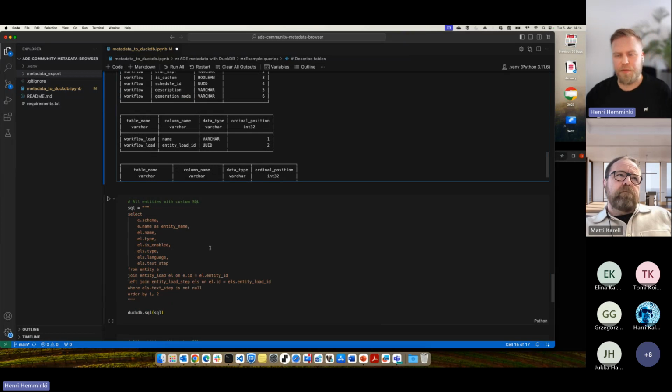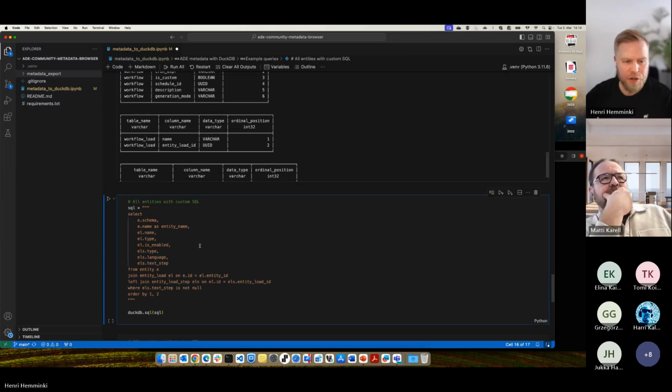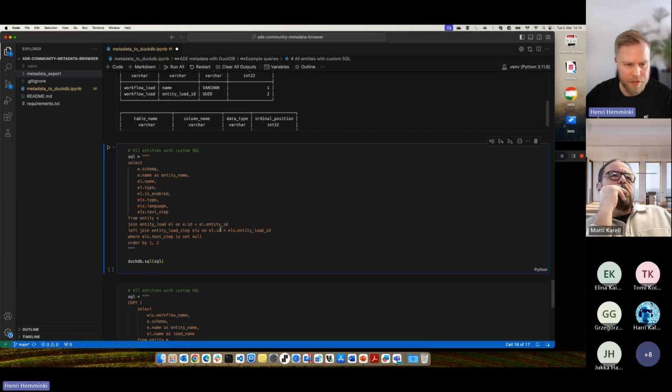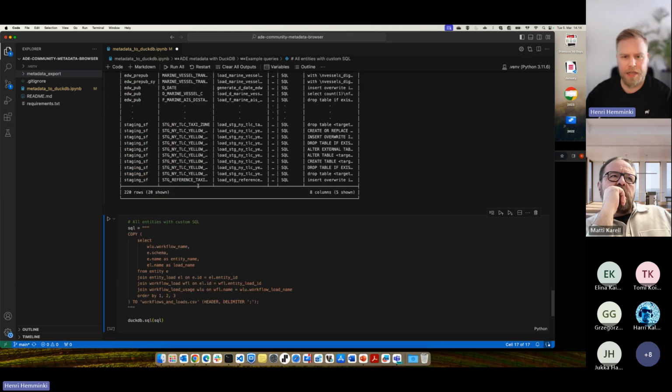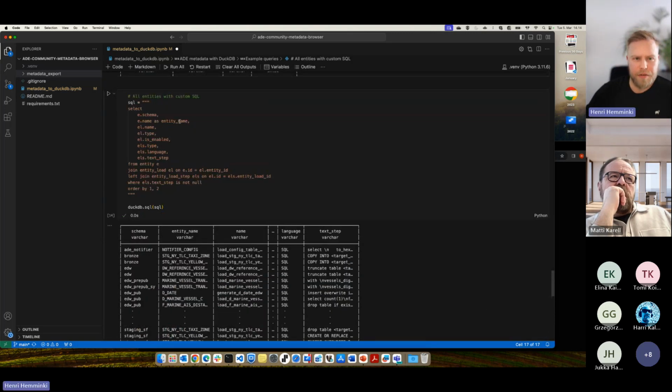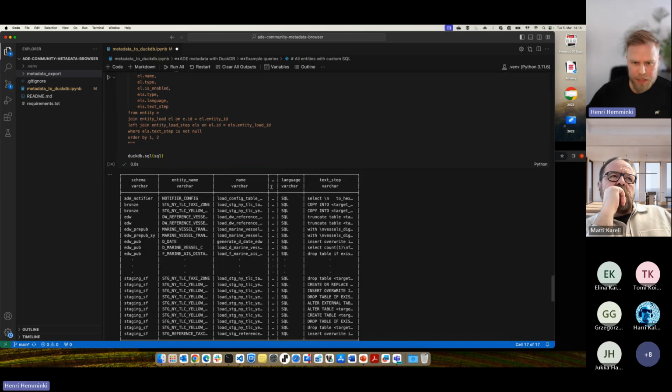Now, for example, I can go and do some joins. In this case, I'm selecting from the entity, joining all the loads and seeing where the text step is not null. So pretty much this is finding all the entities where we have a custom SQL.